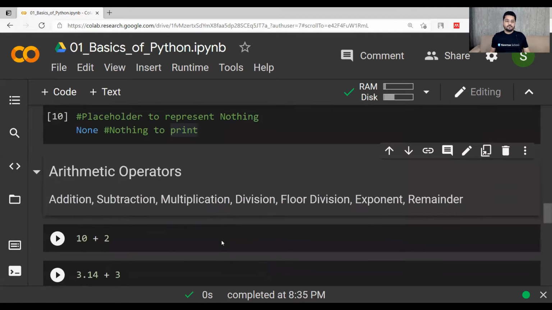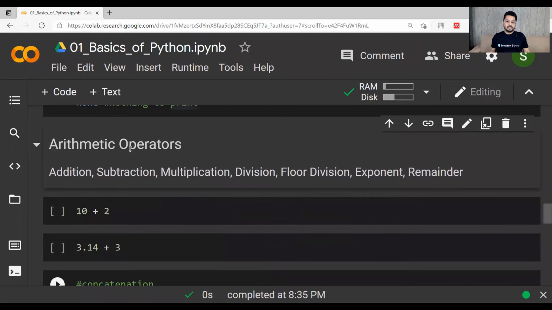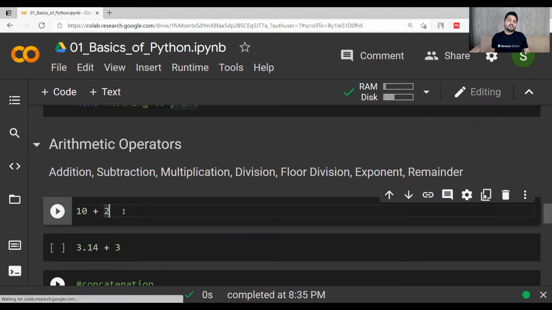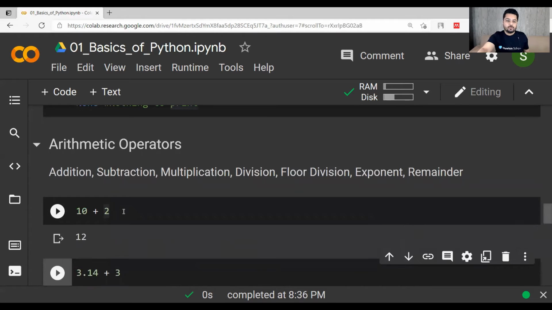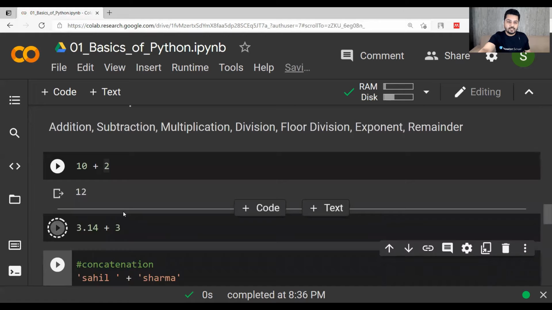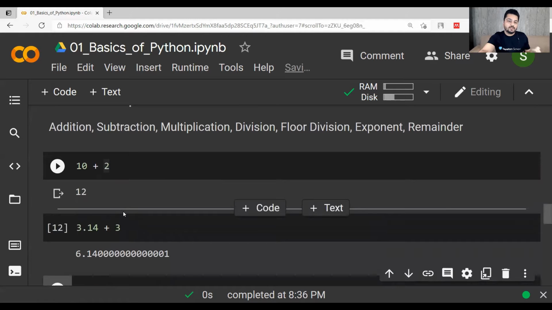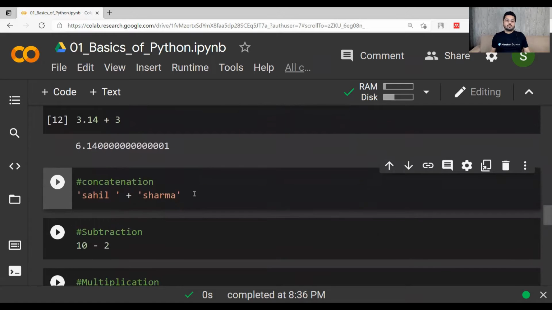Now let's see and revise these arithmetic operators: addition, subtraction, multiplication, division, floor division, exponent, and remainder. So we had seen the maximum of them. Only floor division was not covered in the last video. 10 plus 2, 12. 3.14 plus 3, it will be 6.14, right? So it is converted to float now. Now concatenation can be done when we are adding two strings.